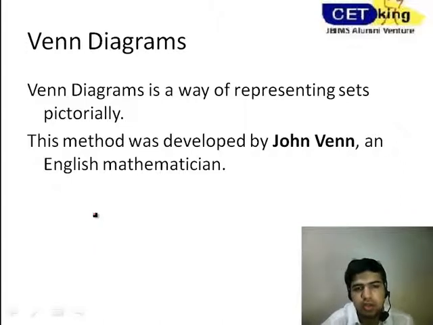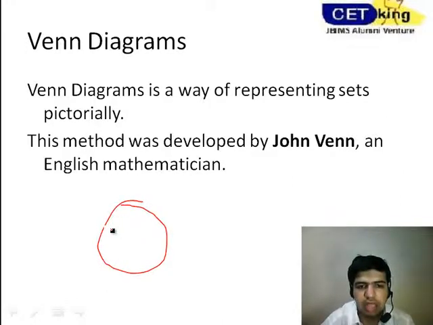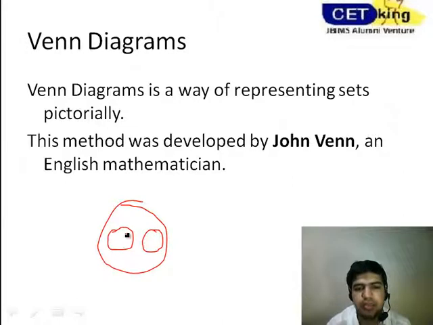What he did was that whatever the sets, say suppose there are human beings and there are males and females. He drew a circle of all the human beings, and then there are few males and few females. So let's name them men and women, that is girls and boys. Girls are a subset of human beings, as well as boys are a subset of human beings. There is no overlapping part between the girls and boys. This is how they represented the sets pictorially, and it became very easy to understand.